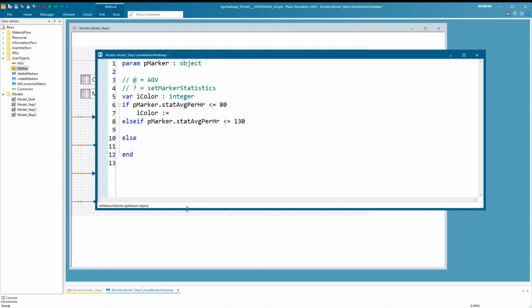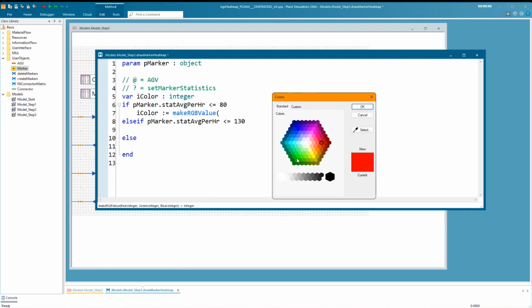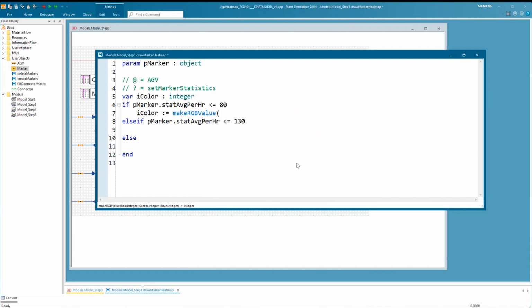When you're working with colors, I don't know if you already know this. If not, then here you will see there is a function called make RGB value. And if you use the autocomplete shortcut control space, then this will open the color dialog where you can now select the color. So for example, here I want to use green.